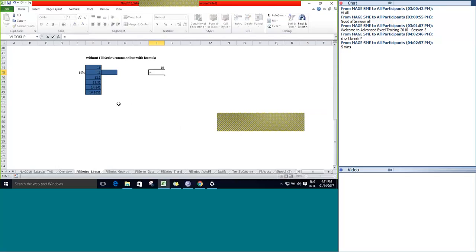I will repeat the scenario using a formula: 10 plus, within a bracket, previous value, calculate the 10%. That's it, right? So previous value should be added with 10% along with the previous value. So that is the scenario.